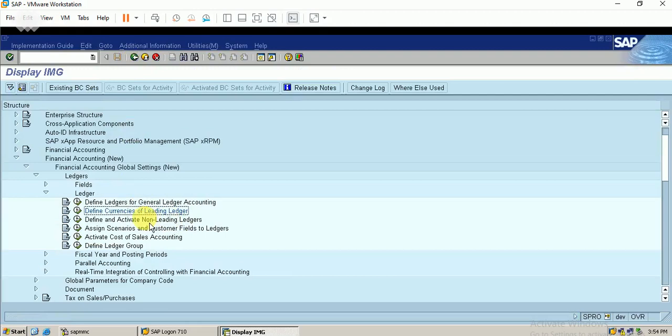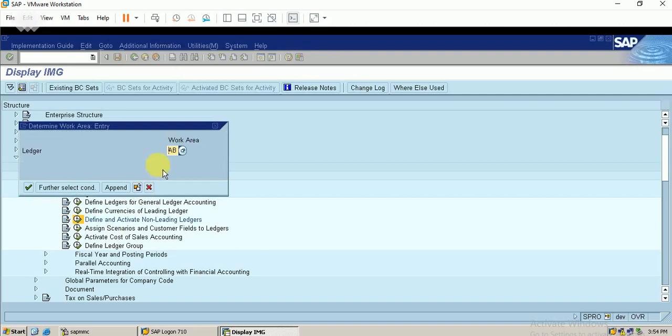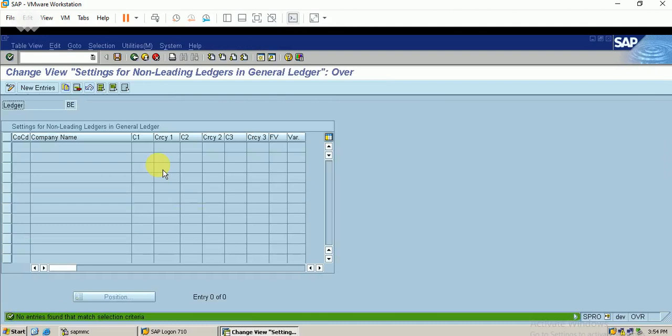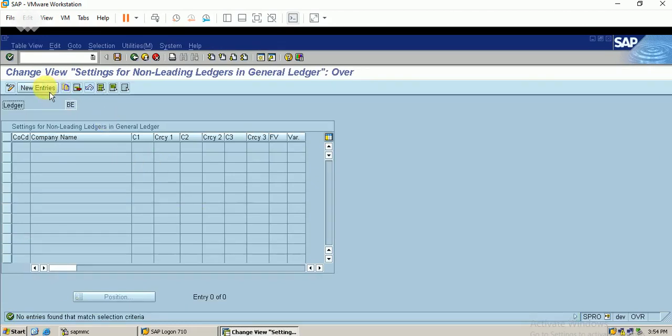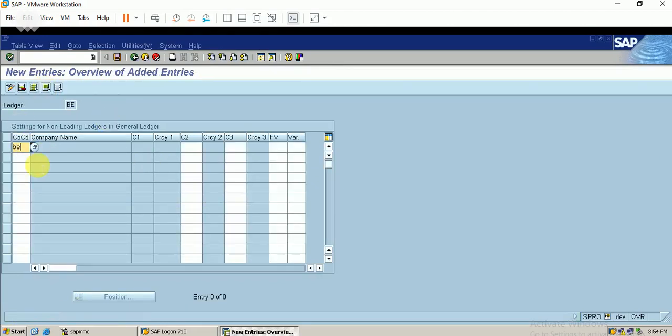Let me go to the third step, that is define and activate non-leading ledger. My non-leading ledger is BE, which we have just configured. Here I click on New Entries and enter my company code. Here I can define the second currency, so just click on enter.